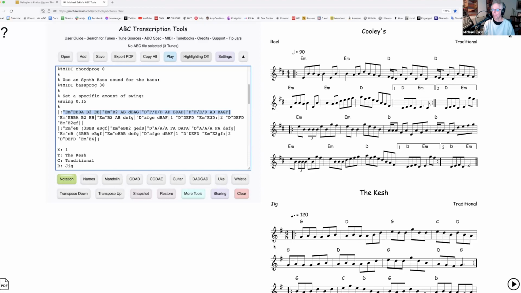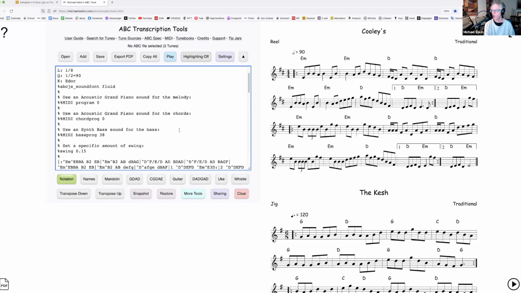So the question is from a playback standpoint, you probably noticed that there were different sounds there. You heard a piano on the melody, you heard piano on the chords, and you heard a bass for the bass. That's all settable through ABC, and I don't want to go into too much detail about that in this seminar. But ABC is capable of having different sounds for each of those parts, and there's over 500 different sounds in the tool available for all kinds of instruments,